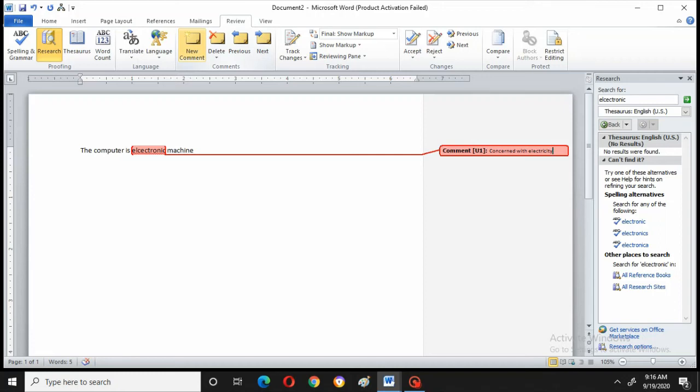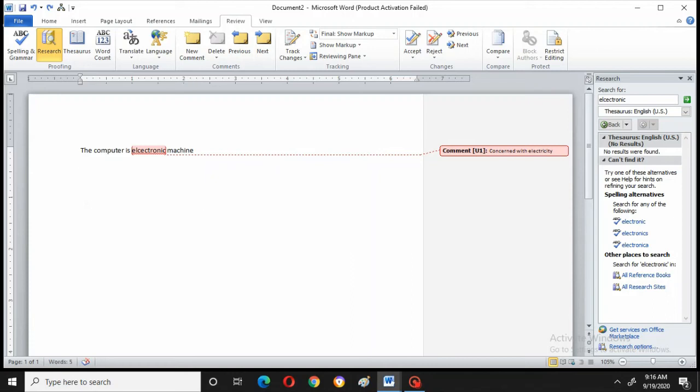Right? So this is the comment. Now if you want to delete the comment, just now I have shown you that you can delete it. Suppose you have a big paragraph, in that you can give many comments. In that, with previous and next, you can move to the previous or next comment.